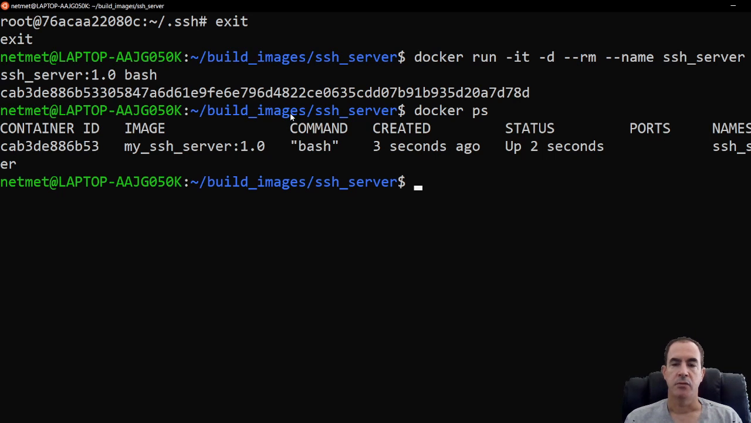Now, quick note here. Why would I run interactive and in terminal mode when I'm detached? Why do I want to do that? The reason is because if I want to attach to this container later, I need it to be interactive and I need to have that terminal. Continuing on,